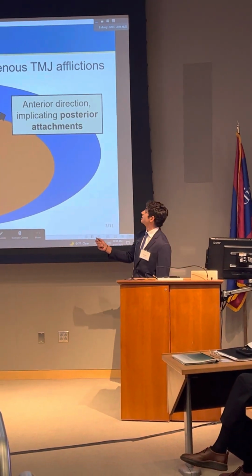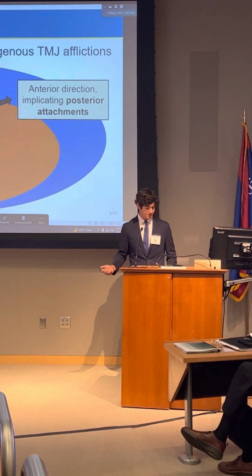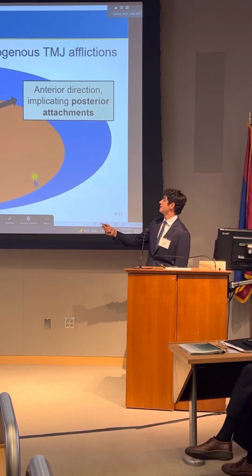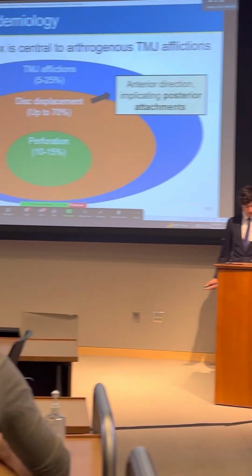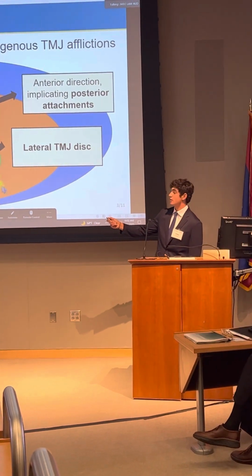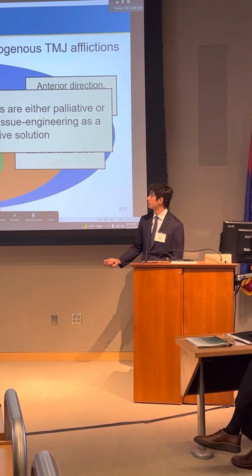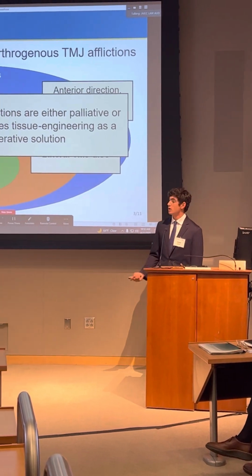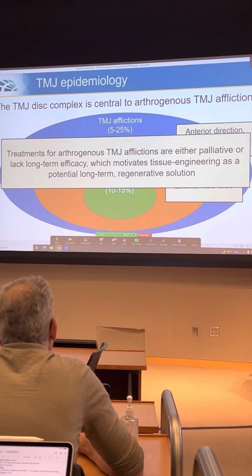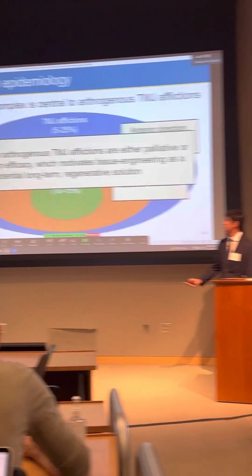The majority of disc displacements occur in the anterior direction, which implicates the role of the posterior attachments. And 10 to 15% of all disc displacements result in perforation of the disc, and the majority of perforations from anterior disc displacement occur in the lateral third of the TMJ disc. So as you all know, treatments for arthrogenous TMJ afflictions are either palliative or lack long-term efficacy. That was well introduced in the really nice presentations preceding me, and that's motivated tissue engineering as a potential long-term